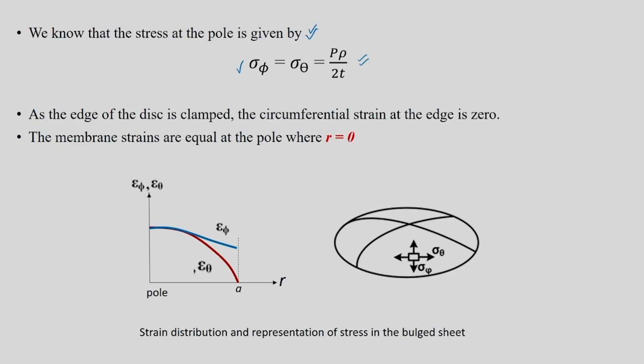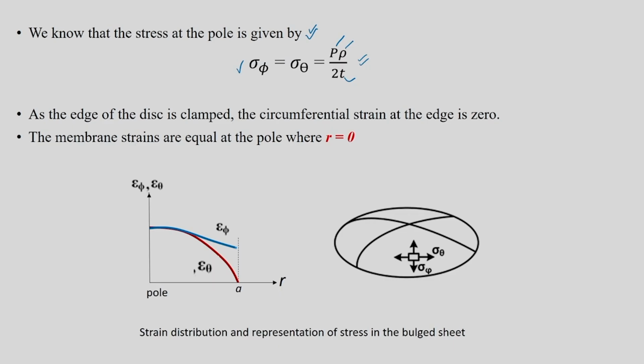So, sigma phi is equal to sigma theta, because alpha is equal to 1, and will be equal to p rho by 2t, with all our usual definitions: p is your pressure, rho is indicated in the diagram, and t is your sheet thickness. So, this is one result, we will come back to this. There will be some small equation we are going to substitute here, but before that